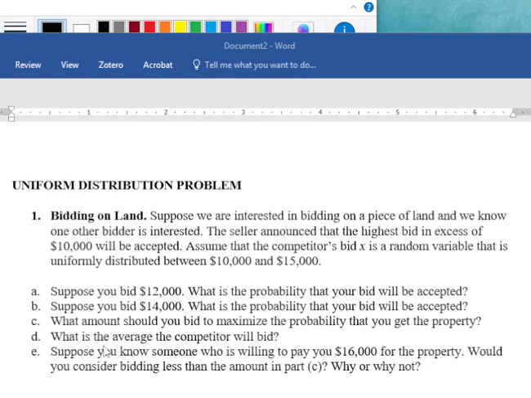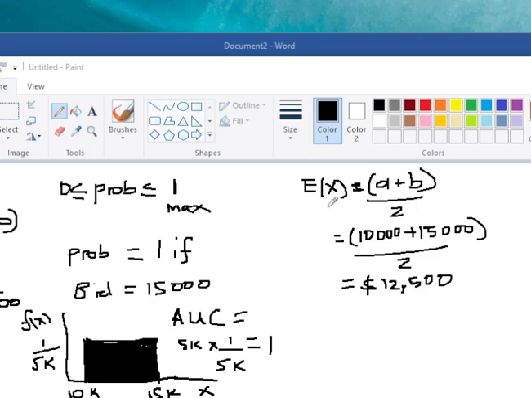In part D, what is the average the competitor will bid? So what's the average value of X? Now this is a formula, and this formula is A plus B over 2. So we see that right here. So it would be A plus B, do this part first, then divide everything by 2. So our answer here should be